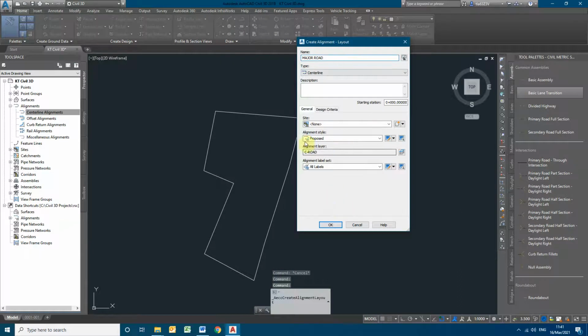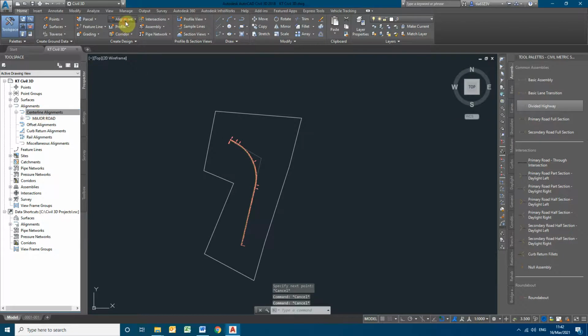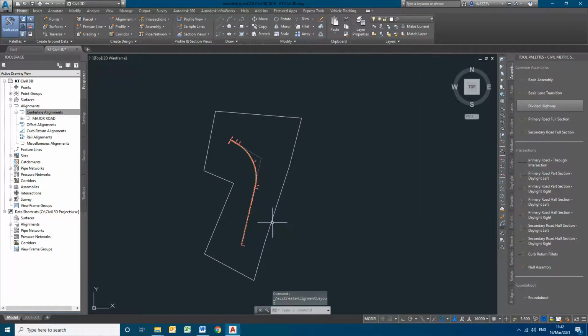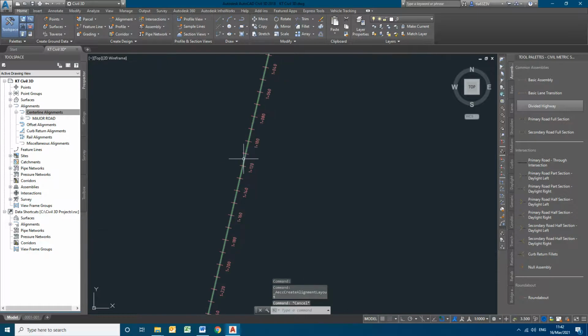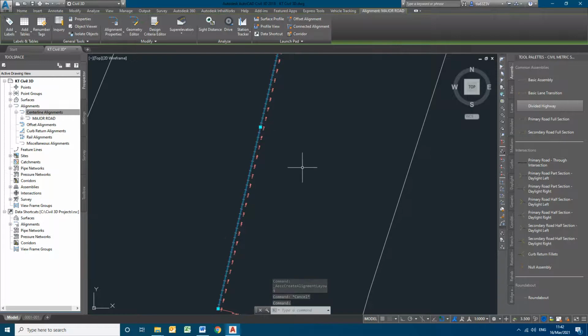So now I'm creating properly another alignment, minor road. For this, I want to create a cross line which will be perpendicular to this road.